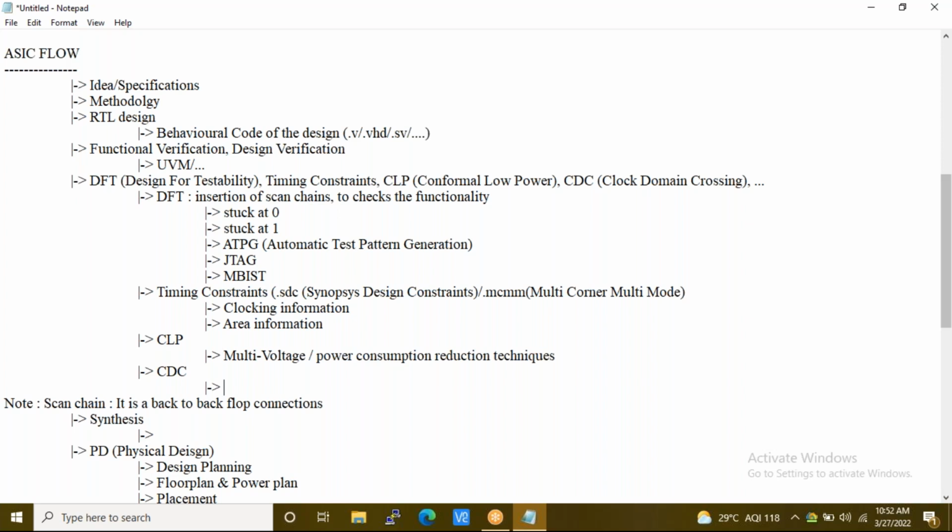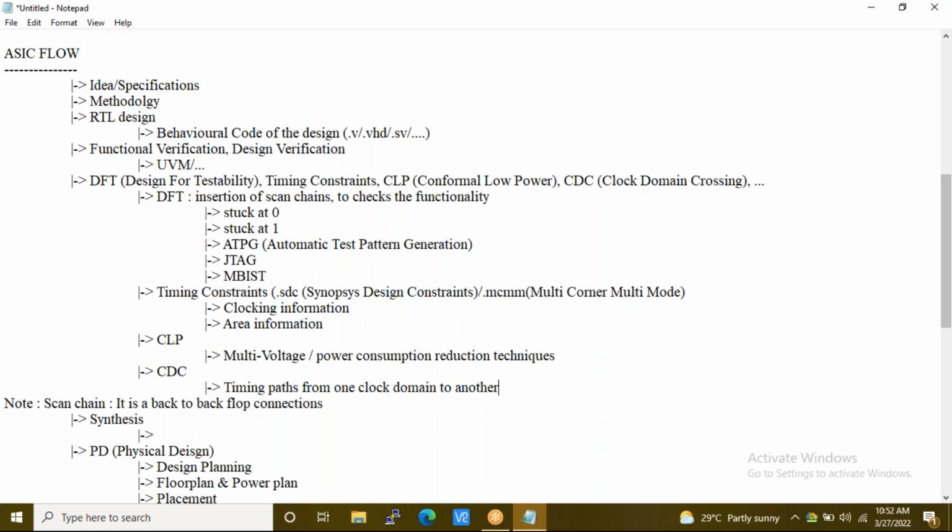CDC means they will focus on timing paths, or data passing from one clock domain to another clock domain.